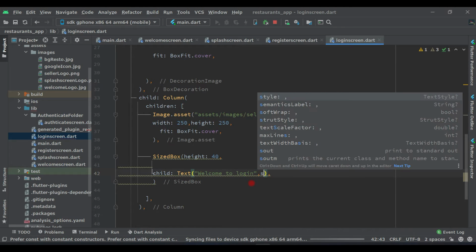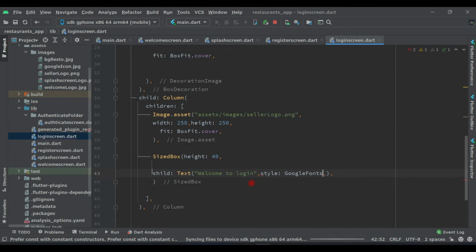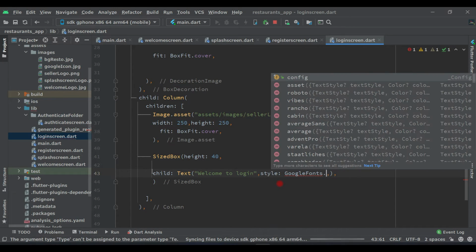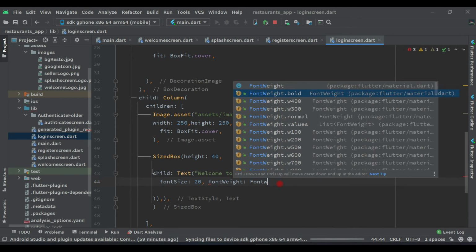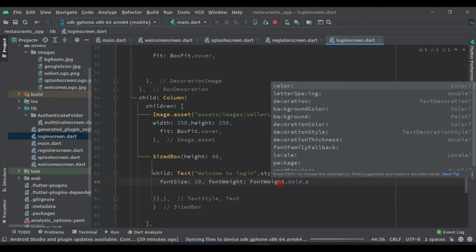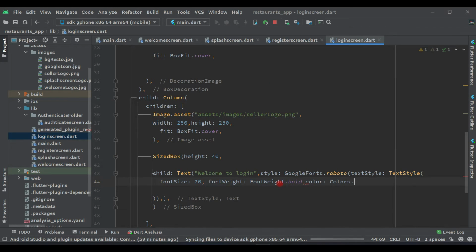Let's style it. Let's style with Google fonts dot roboto, let's say roboto, and then TextStyle. Font size will be, let's say, 20, font weight let's say bold, and then colors dot green,